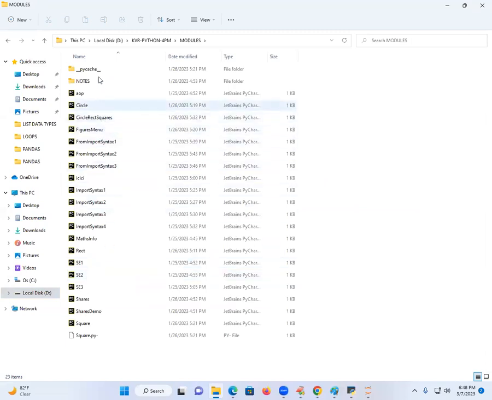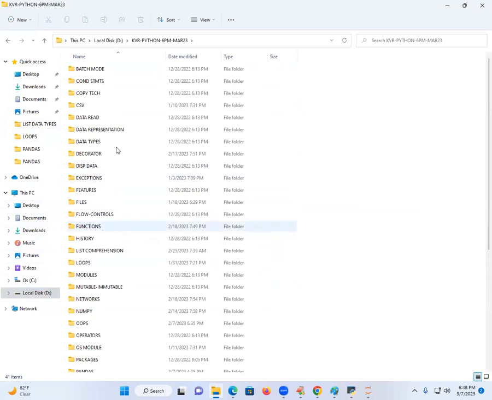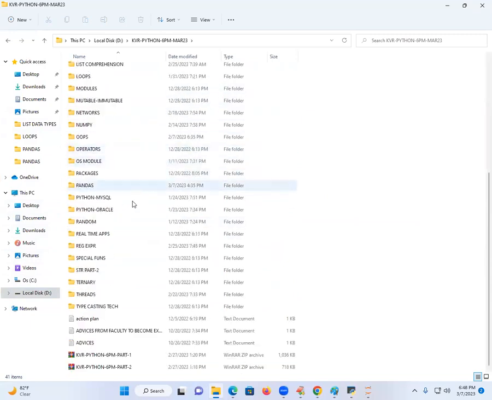See how many examples I am explaining. Modules is a great topic in real time. When you are entering into real time, a faculty has to explain complete modules in the class. See how many topics I am going to explain. This is a batch which recently completed. These many topics are folders, and inside each folder there are a lot of topics.